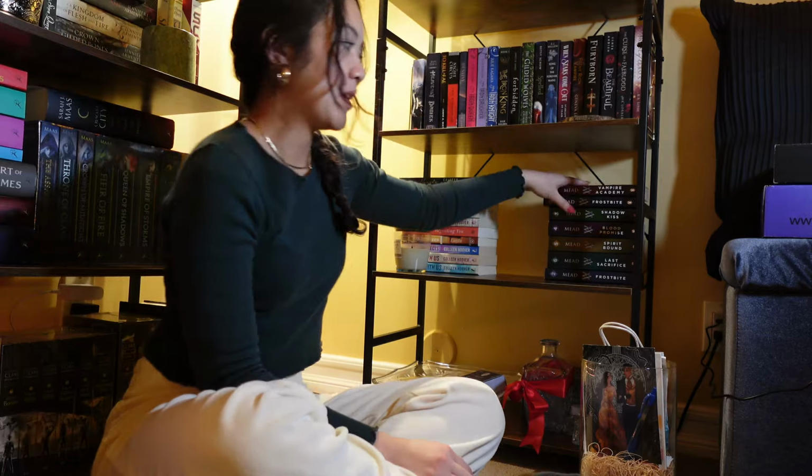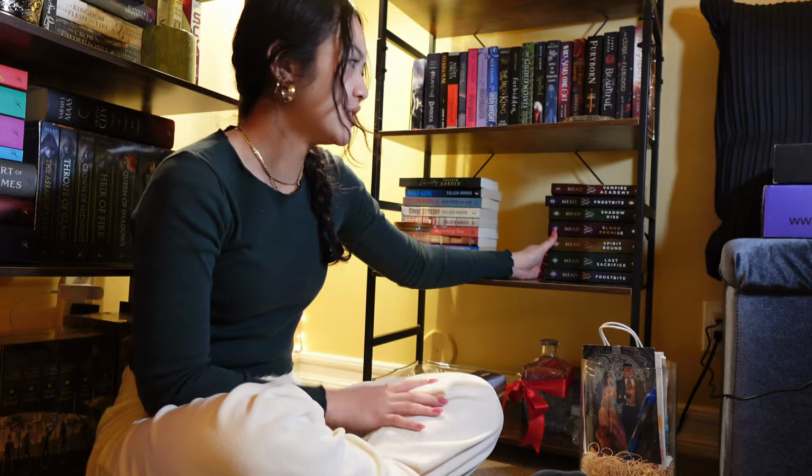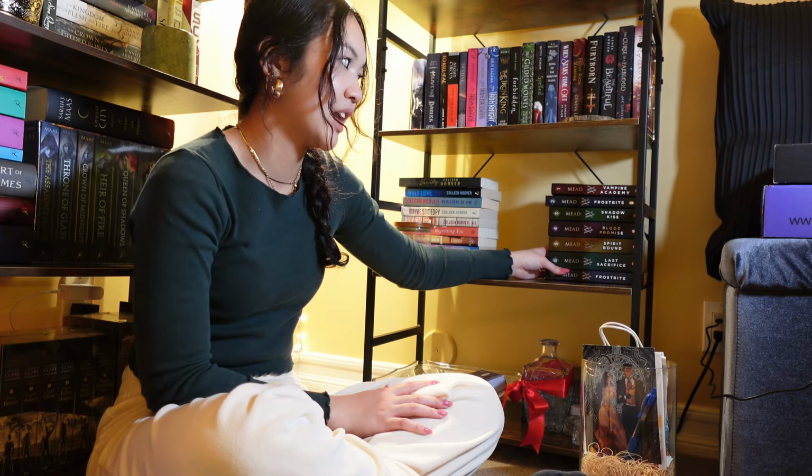And next up are these shelves, and I'm just going to start off with the bottom shelves. I have my Vampire Academy books, which I really wanted to read for a while, and then after I just kind of lost interest in it, never got around to reading it. Over here I have my Colleen Hoover books